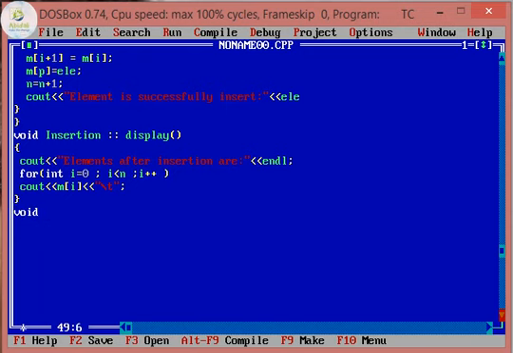In the main method, just like in the previous one, we need to create an object. Insertion is the name of the class, I is an object.